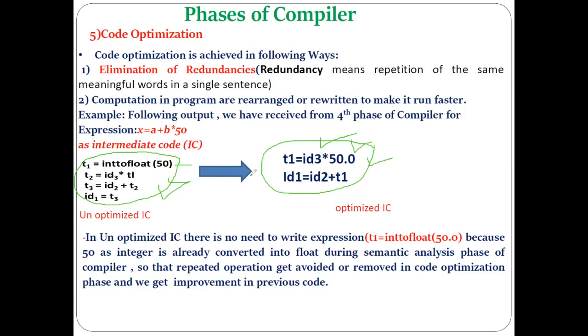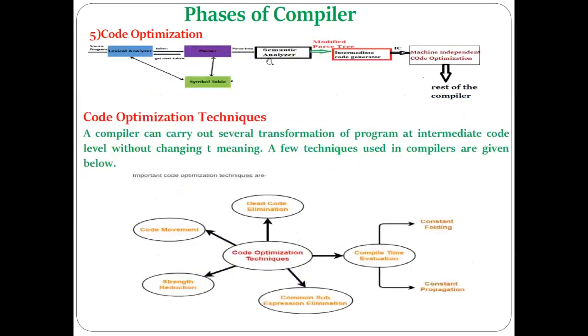Understood? So that is the concept of code optimization, making changes within a program without affecting the final meaning of the program. That is called code optimization. Okay, now there are different ways of doing code optimization on which the question usually asks. There are different code optimization techniques available. So our next point is the discussion regarding the different techniques of code optimization.